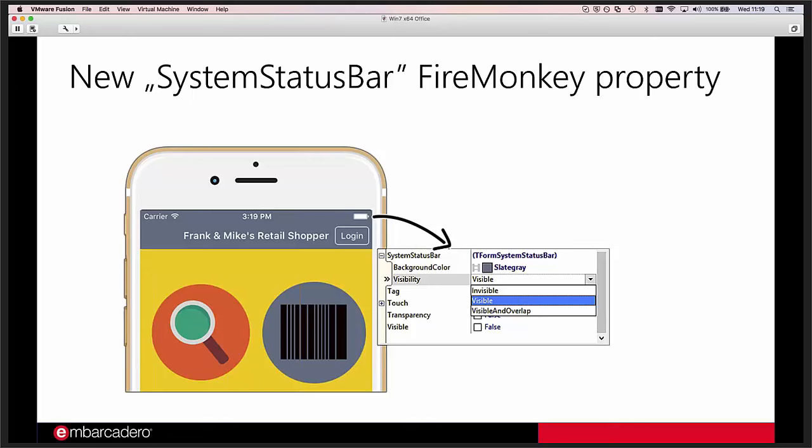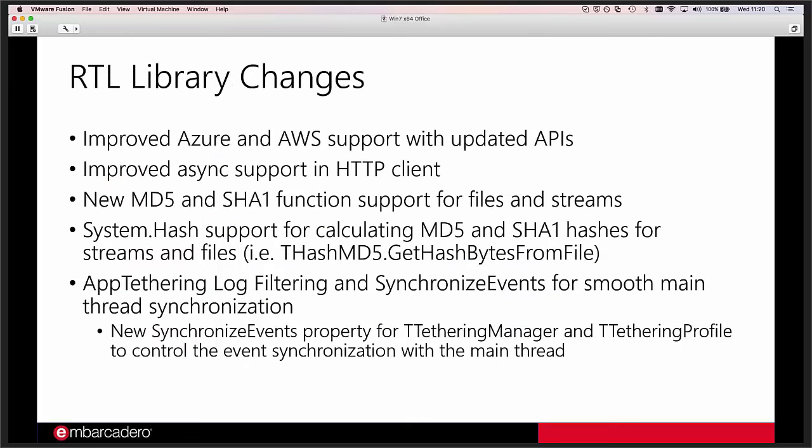form, but also some RTL library changes. So our Cloud API support for Microsoft Azure and Amazon Web Services is going to be updated with the latest APIs, improved asynchronous support in the HTTP client, new functionality in the System.Hash. So the System.Hash unit now contains more functionality. You can easily calculate MD5, SHA1, SHA2 hashes from strings, from streams, from bytes, and also